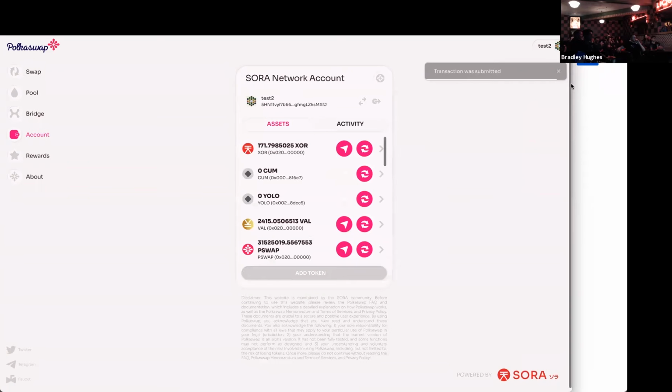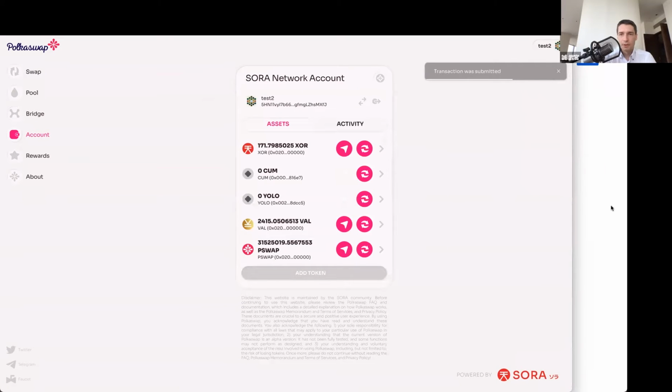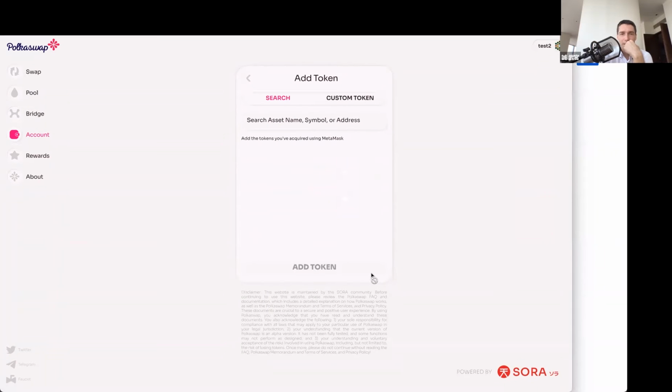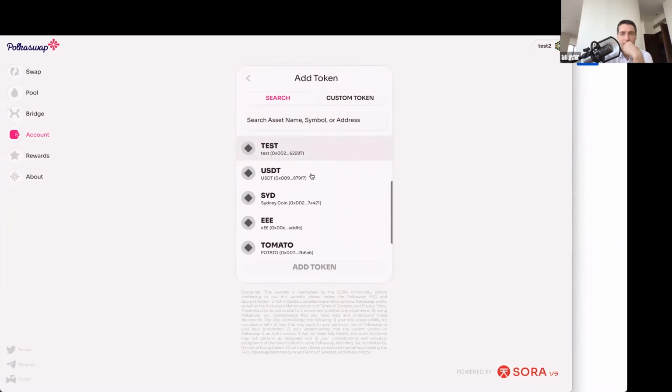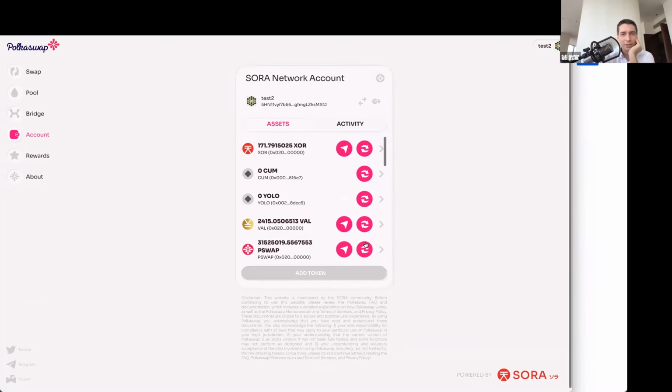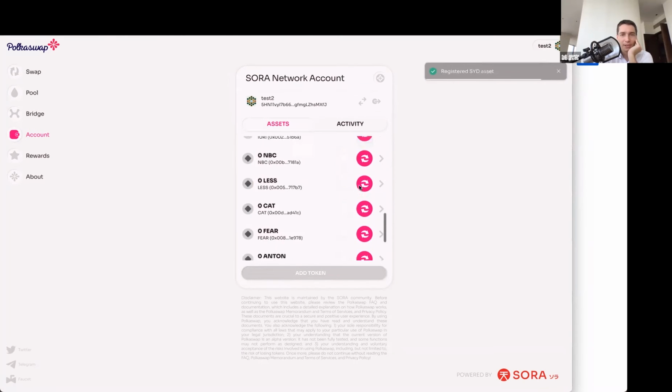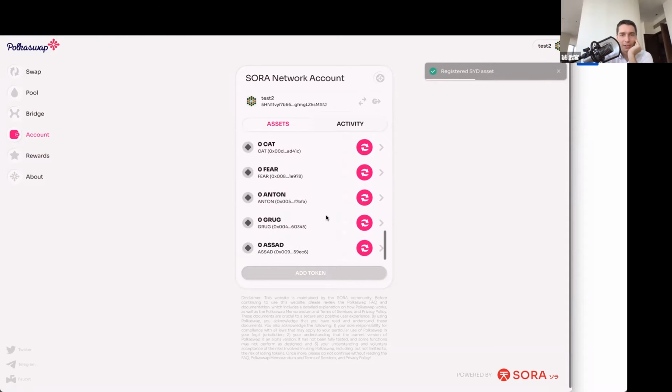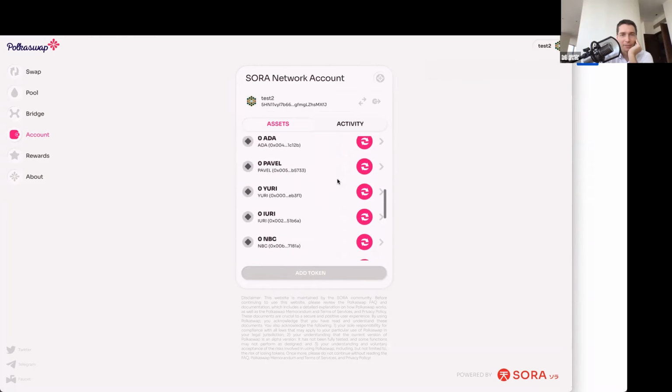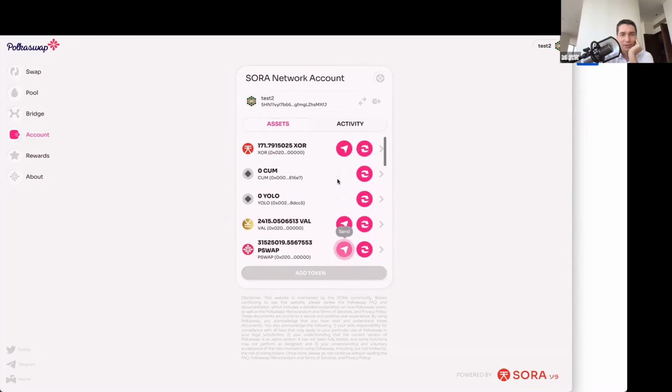Okay, so I'm creating my own token right now, transaction submitted, and I should see it come soon. It takes about 6 seconds. I don't know if I have to add it or not. Yeah, people are having fun with the names on this test environment, I see. Oh, gee, I've got lots of tokens here. Oh my gosh. Yeah, there's a side coin. Anyway, where was the Sydney coin?